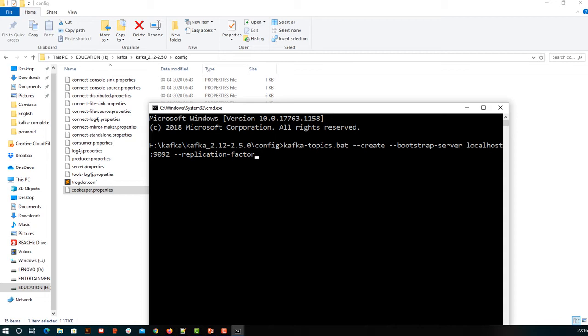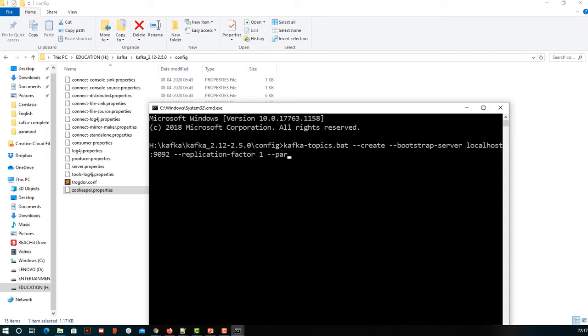Replication factor 1 doesn't mean that we have a copy of this at one more place. That is how it seems, but in the context of Kafka, replication factor 1 means there is no other copy of it, that will be the default one. If you want to have one more copy of it, you need to keep replication factor as 2. So this is a small difference between what the actual English statement looks like and what is happening here. If I give replication factor 1, we are not literally copying it anywhere, but we are storing it only once, on the actual broker that it is considering as 1.